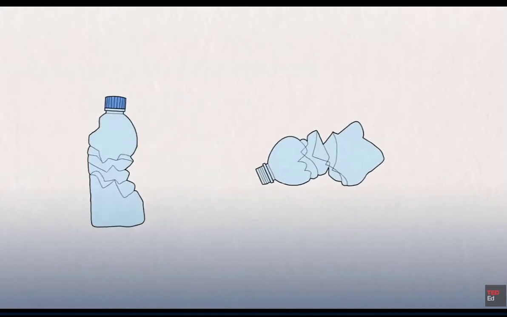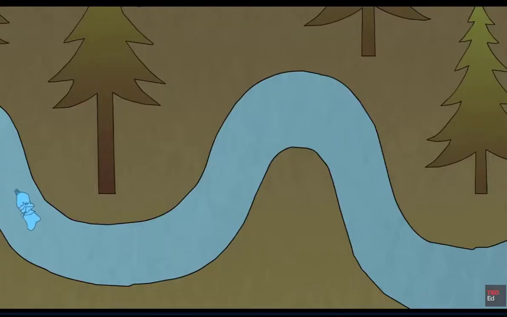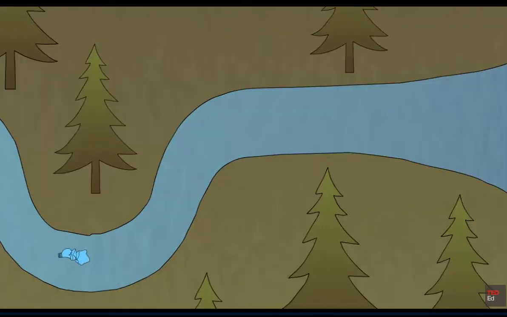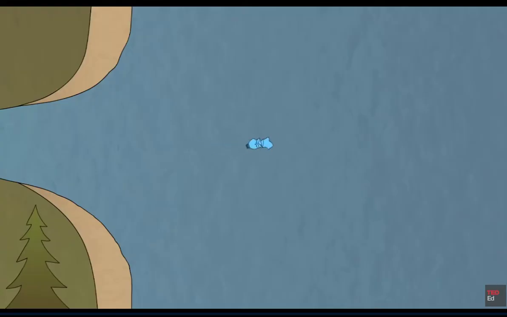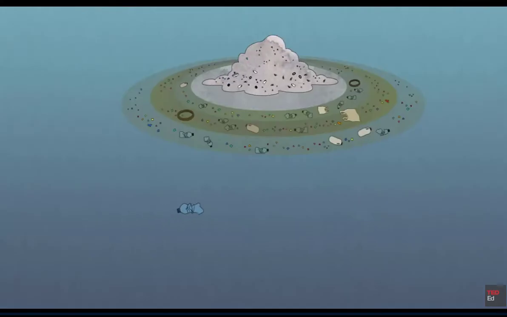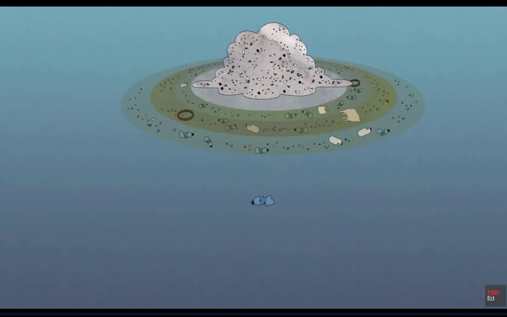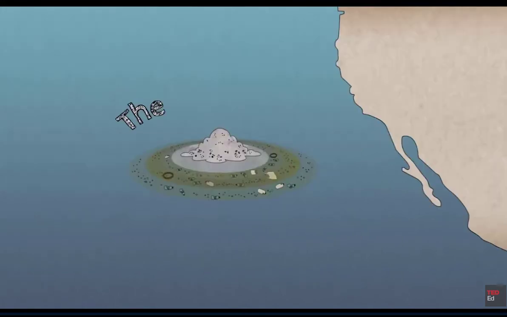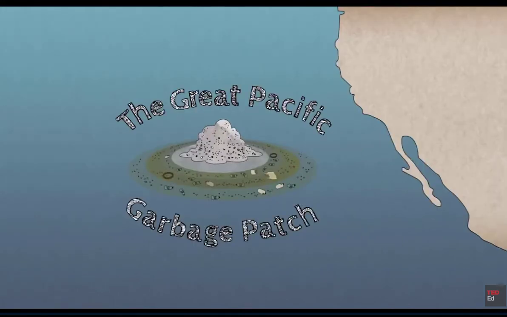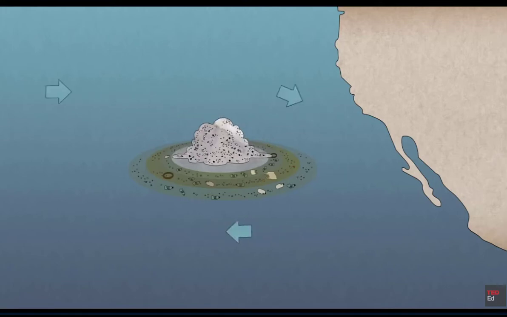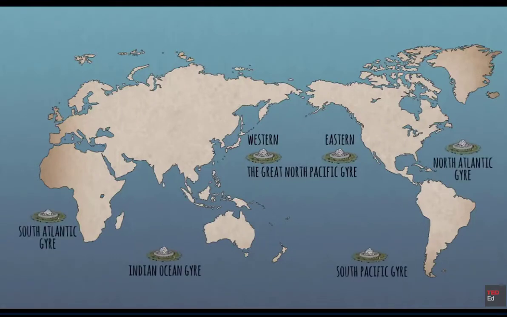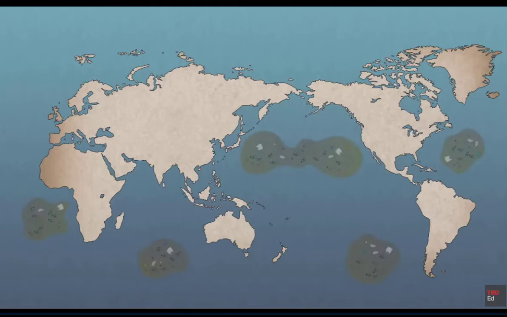Bottle 2's journey is stranger, but unfortunately no happier. He floats on a trickle that reaches a stream that flows into a river, and a river that reaches the ocean. After months lost at sea, he's slowly drawn into a massive vortex where trash accumulates, a place known as the Great Pacific Garbage Patch. Here, the ocean's currents have trapped millions of pieces of plastic debris. This is one of 5 plastic-filled gyres in the world's seas, places where the pollutants turn the water into a